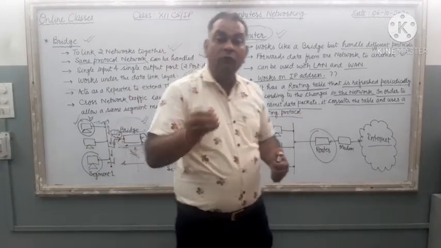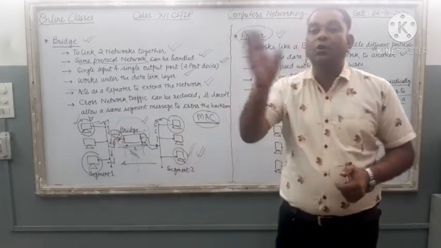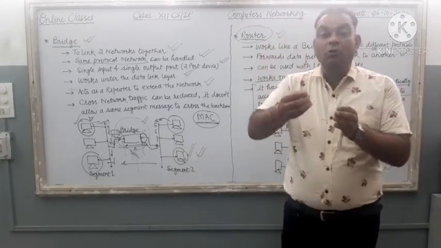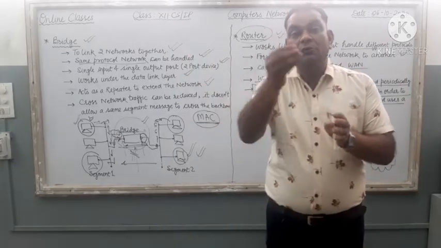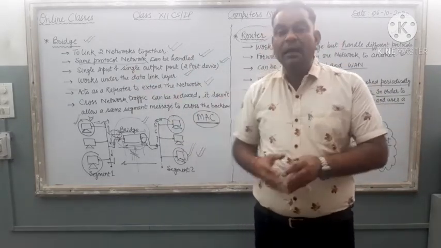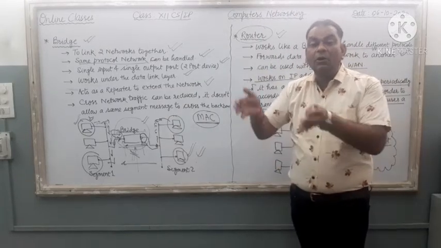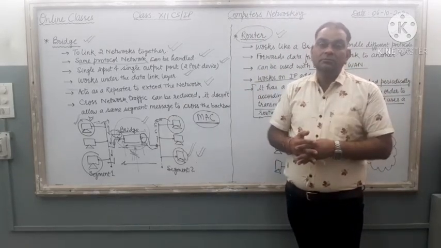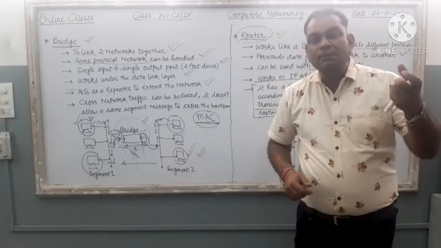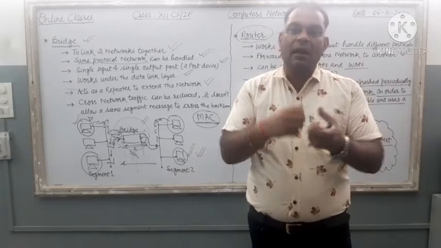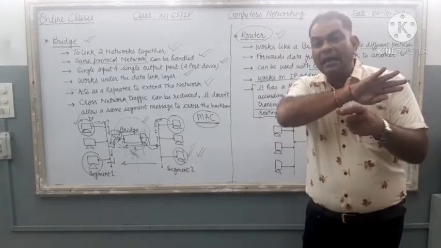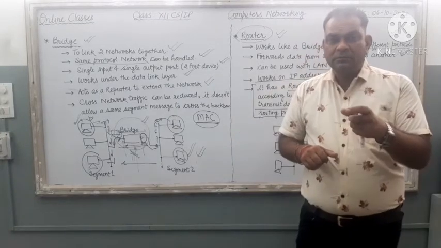Suppose you want to access internet at your home. Right? At your home means what? You want to access internet on your TV also. You want to access internet on the different mobiles that are there at your home. You want to access internet on laptop, PC also. Right? For that, to access the internet, we just purchase a modem with a Wi-Fi router. Right? With the help of modem, internet reaches your home.